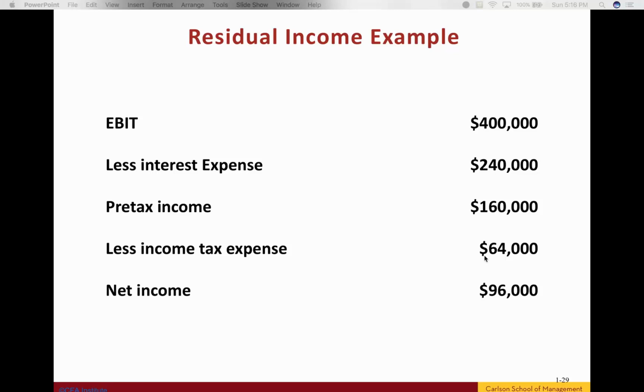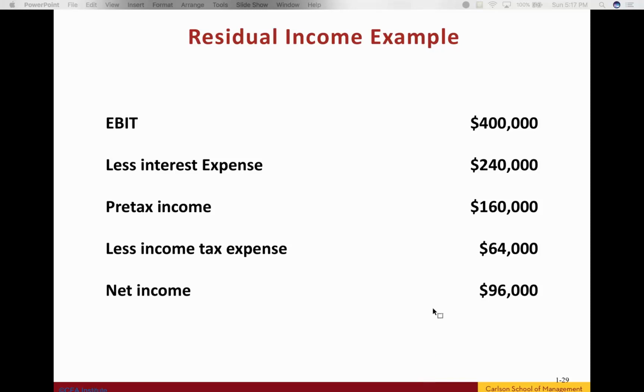So if we finish this example, we have pre-tax income of $160,000, so this is after their interest expense. We have income tax of $64,000, so their net income now is $96,000. So their net income on their income statement, their GAAP income, is $96,000. So the next step that we want to do under the residual income method is establish how much of a charge do we want to have for the cost of equity, and that's going to be established against that $96,000